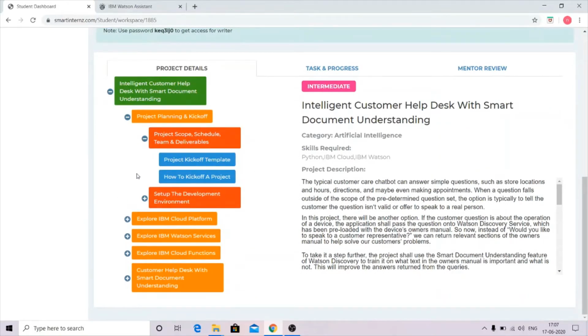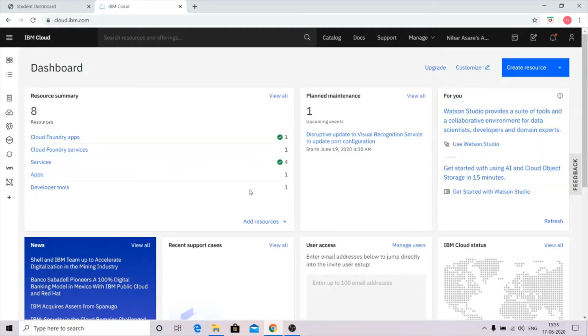So without wasting any time, let's get started. We will be creating this on IBM services. Once you log into your IBM Cloud account, you will be redirected to the dashboard. For our project, we will be requiring 4 services: the Watson Assistant, Watson Discovery, Node-RED app, and the Cloud Function. You may find all the 4 services in the catalog section here, but I have already created all the 4 services, so I will be accessing them using the dashboard.